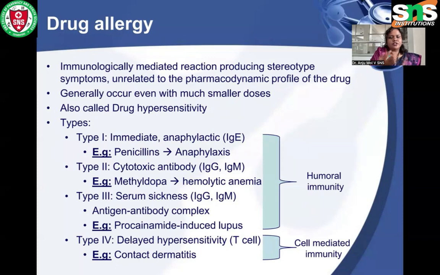Type 2, cytotoxic antibody, IgG and IgM. When we take methyldopa, it can cause hemolytic anemia. Type 3, serum sickness, IgG and IgM. Antigen antibody complex. Example, procainamide induced lupus. Type 4, delayed hypersensitivity, that is T cells, for which we can give an example, contact